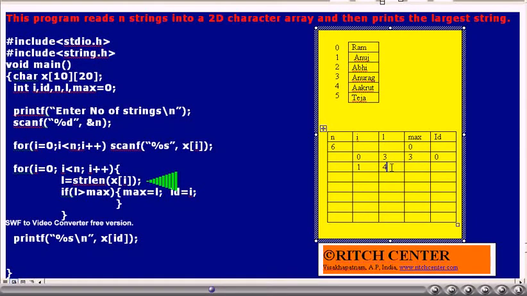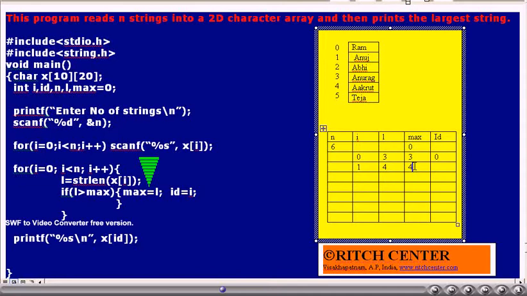Currently, i value is 1. Thus, string length of x of 1, that is Anuj, will be calculated and it will be assigned to the variable L. Thus, L value becomes 4. Is L greater than max? That is 4 greater than 3? Yes.